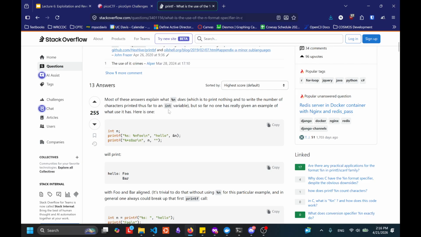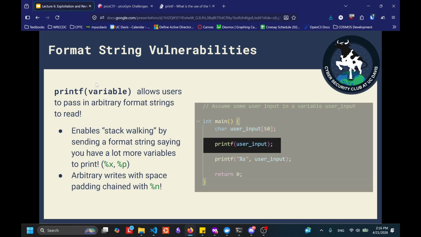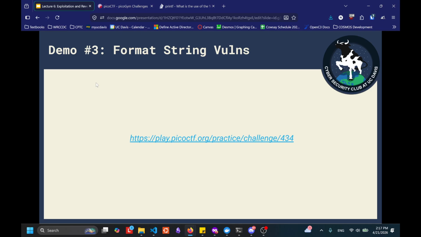What %n does is it prints the number of characters written so far into an int variable. But what if you don't specify an int variable? It's just going to start writing to memory. And the really funny thing with a format string vulnerability is you can chain these two things together. You can be like, let me read a bunch of random memory, and then let me write to a specific place in memory. So format string allows you to arbitrarily write your code in memory. It's a little hard to explain because the actual exploit is very painful to read. But